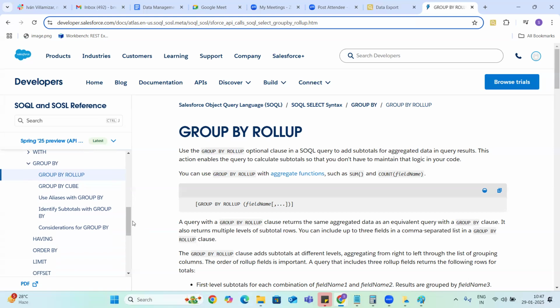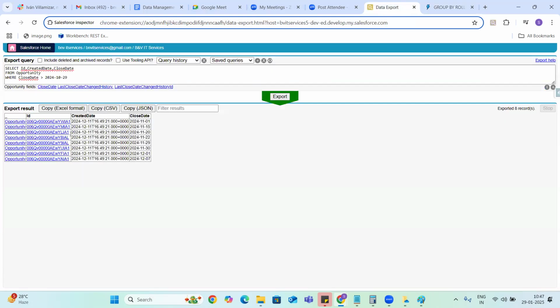Group by clause. Using the where clause, we always get the records individually. But for example, I would like to see the total number of records present on account.